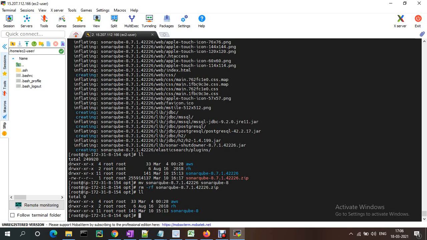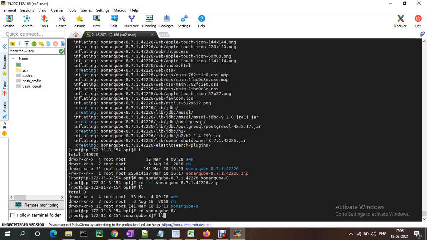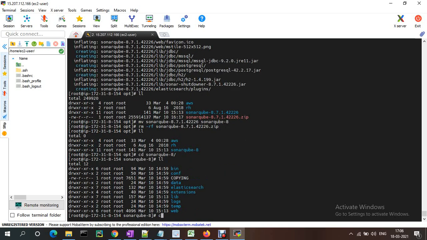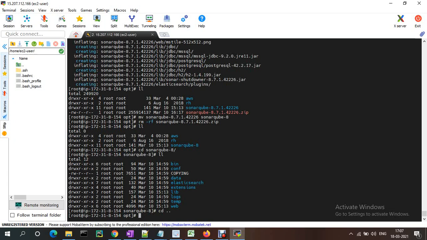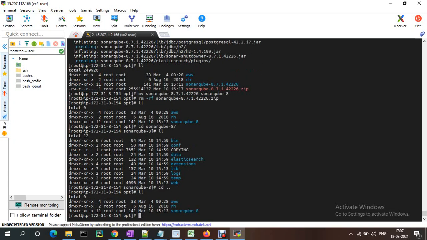Okay, now the first thing we need to do: this was downloaded as the root user, so everything is in root user only. If you go to SonarQube, it is all root user. We need to change the permissions. It is not recommended to run Sonar as the root user, because internally it uses Elasticsearch. So for that I change the owner to ec2-user for SonarQube 8.